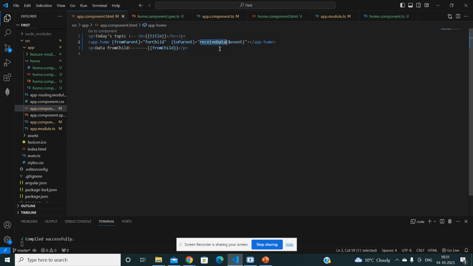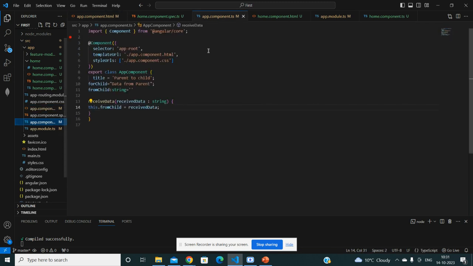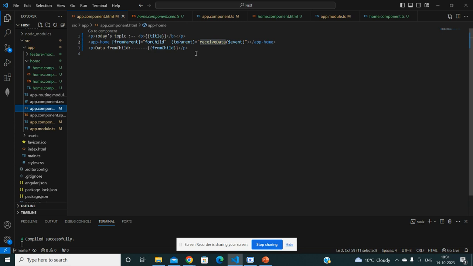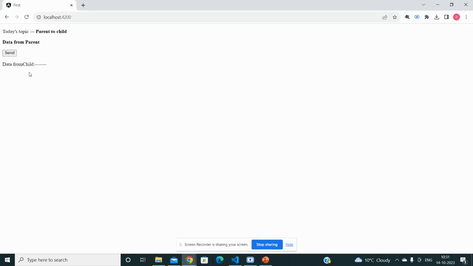And receiveData will assign that received data into the local variable, and we will be printing it on the screen. Here it is empty